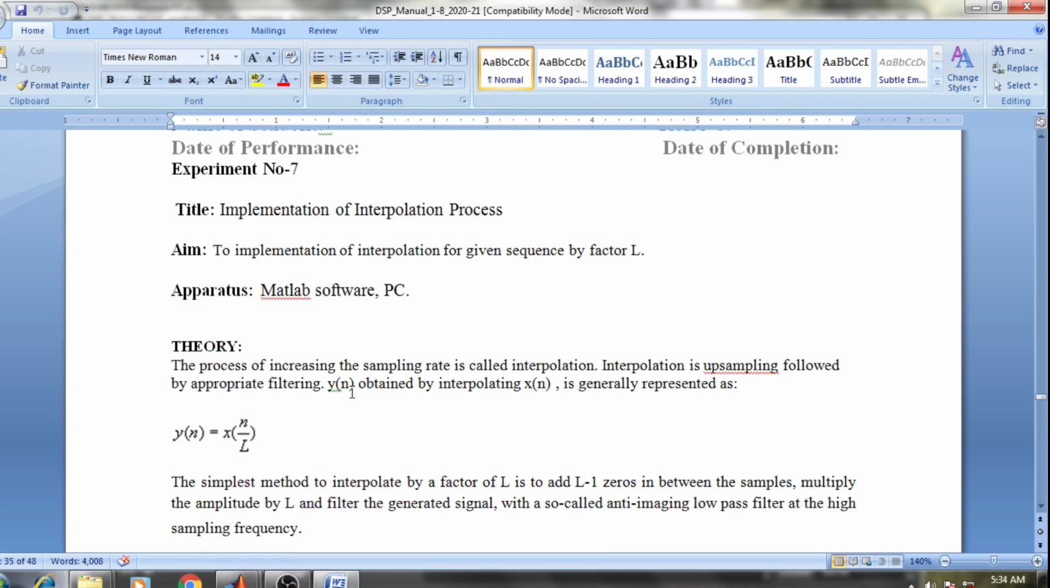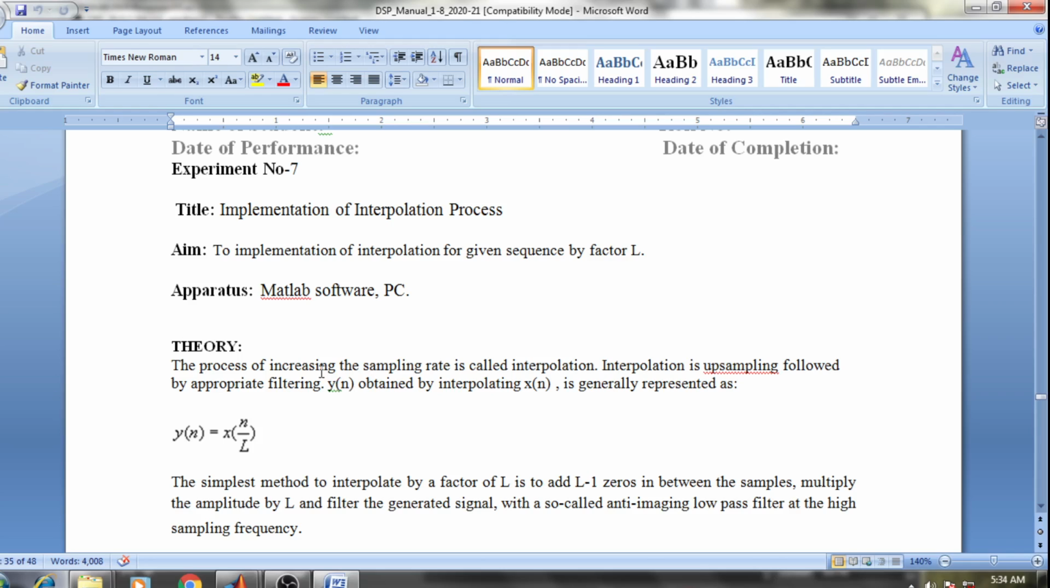Good morning. Today we are going to learn the 7th experiment of the Digital Signal Processing Lab. The title of the experiment is Implementation of Interpolation Process. So, see here,